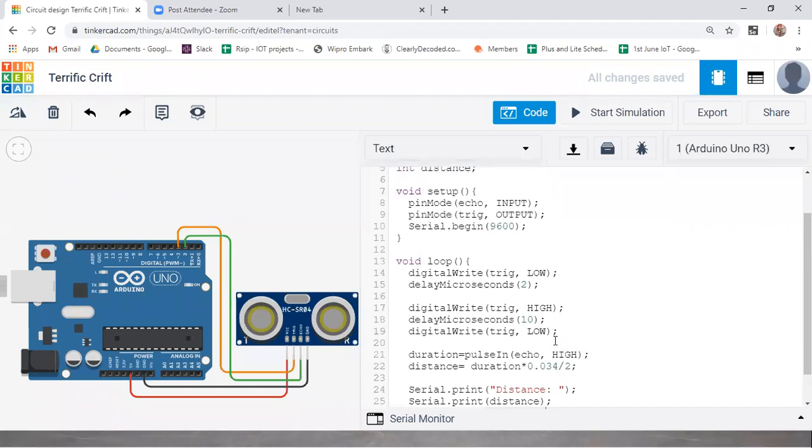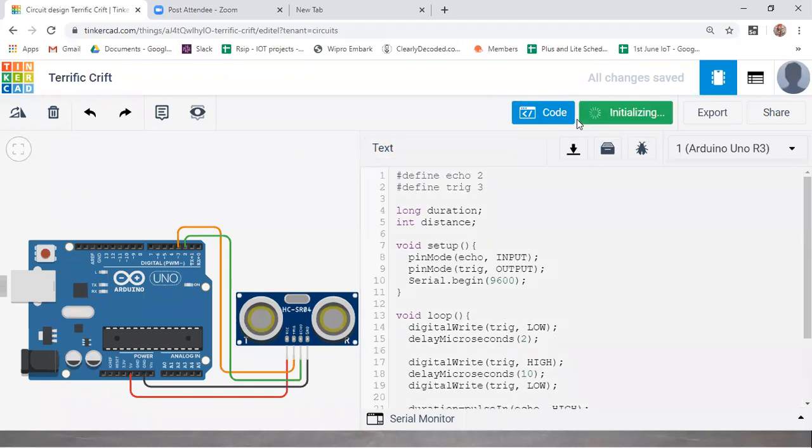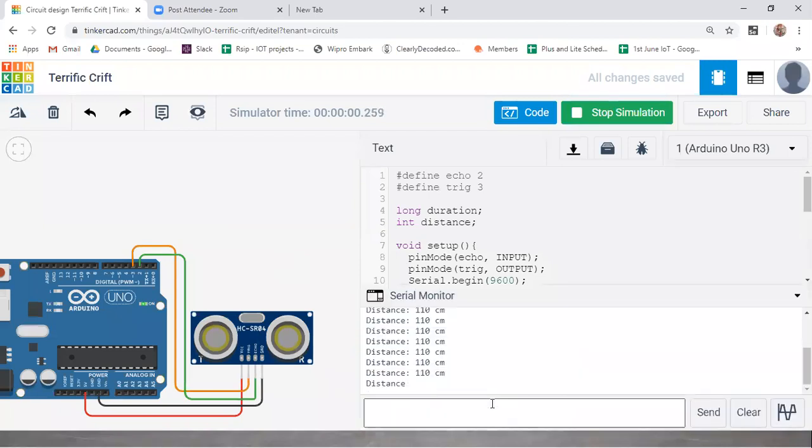Okay. So we'll try to run our code, guys. Let us see if there are any errors or not. Yeah. So I've started the simulation. So there are no errors in my code. Okay. So guys, your code is running. Okay. So how to check it in the serial monitor? When you're on the serial monitor, you are getting some range, but how are you getting this range?